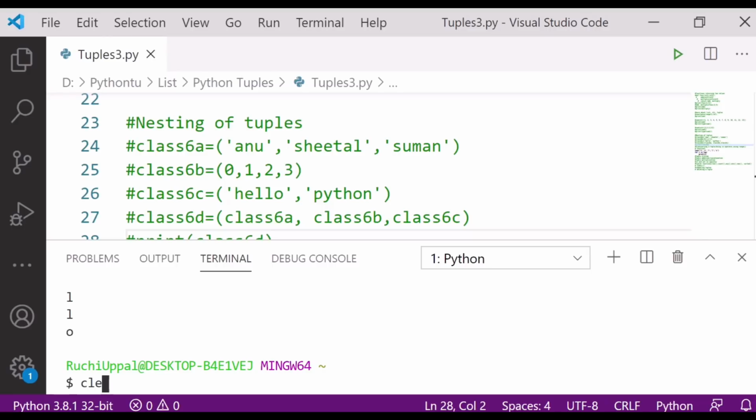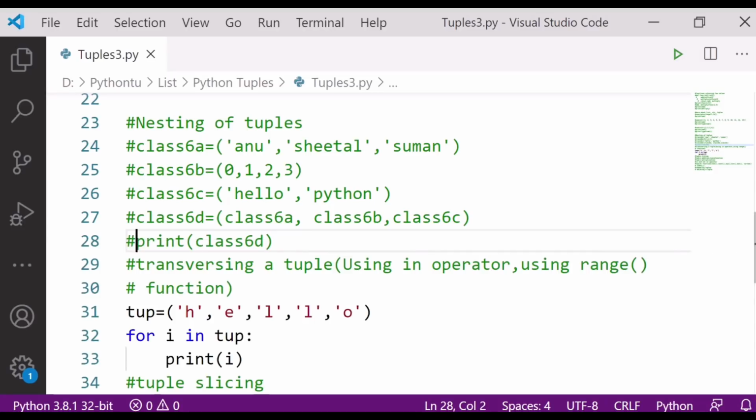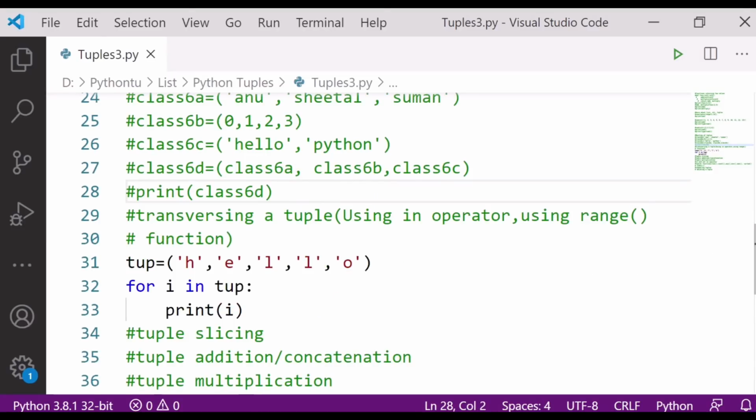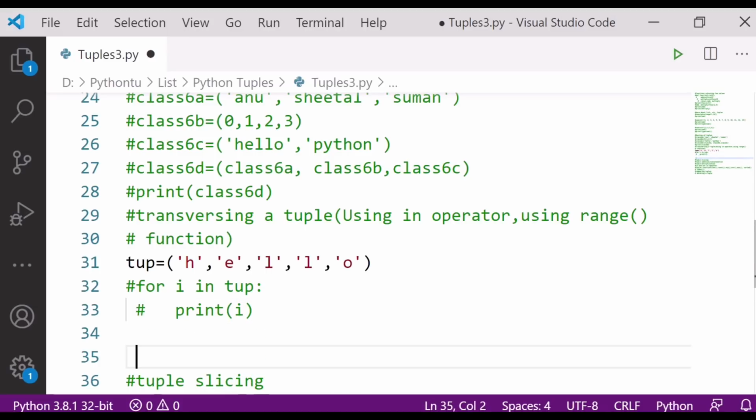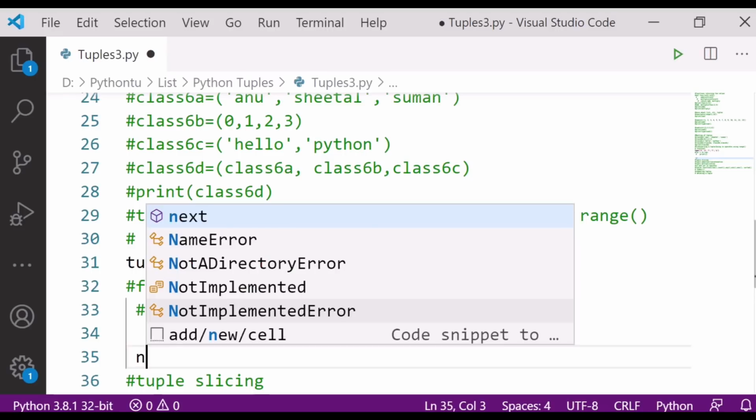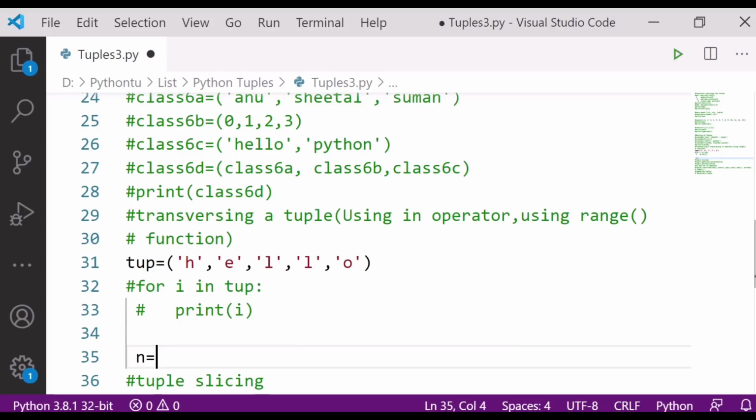Let me clear this window first. How to use the range function? Let me comment it out. How to do that? I am simply writing here n is equal to the length of the tuple.